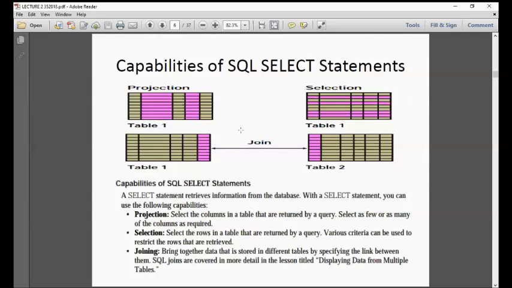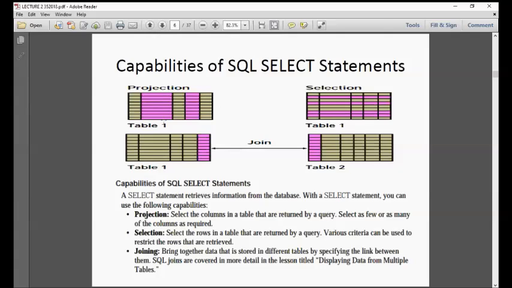So in here, when you say SQL statement, select statement retrieves information from the database. Now, with select statement, you can do projection. What is projection? As you can see, they are highlighted colored violet. It means select the columns in a table that are returned by a query.